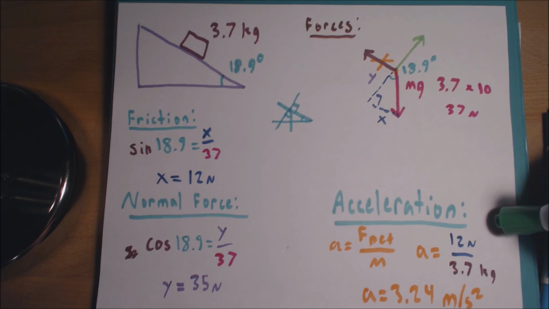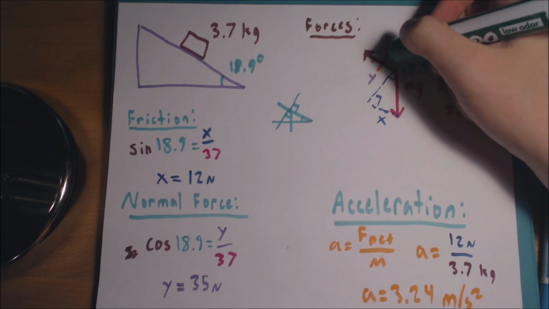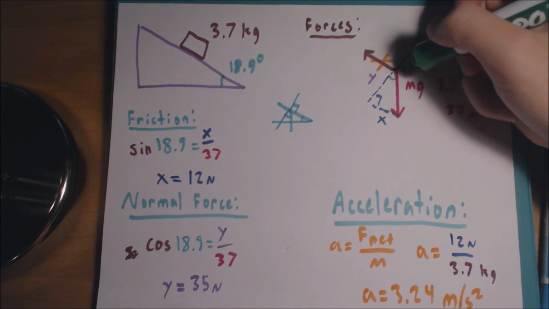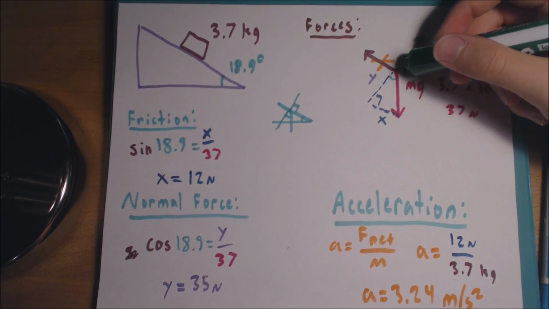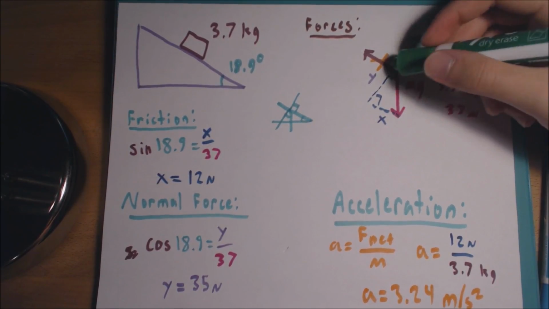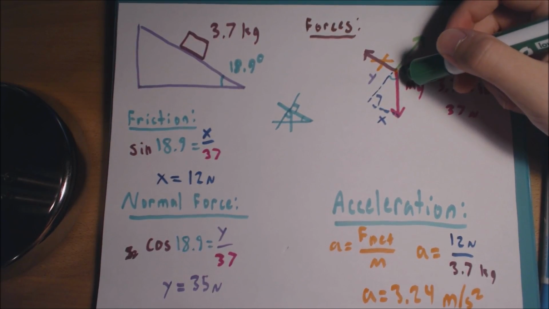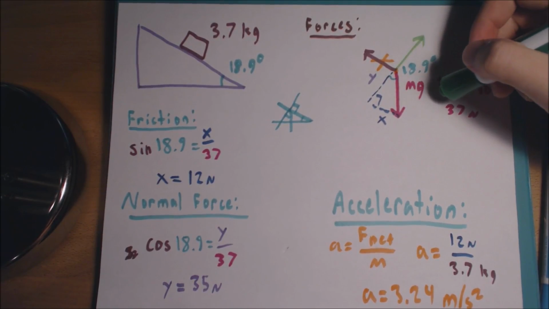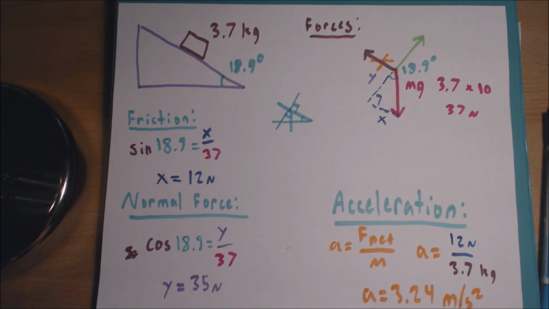To calculate the acceleration, if this was a frictionless surface, this friction would not be here, and thus the block would have an unbalanced force on it of 12 newtons in the opposite direction of that friction, because the friction used to be balancing it out, but now there's no friction, so the block will have an unbalanced force in the opposite direction of the frictional force. So we can use the equation acceleration equals the net force over mass,